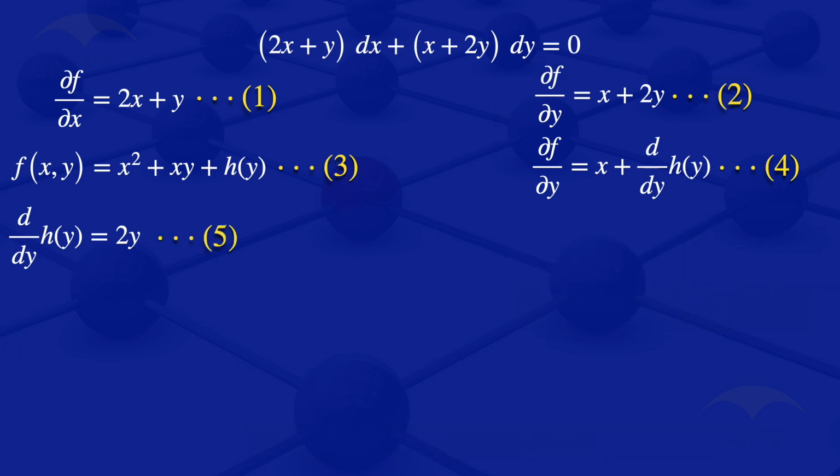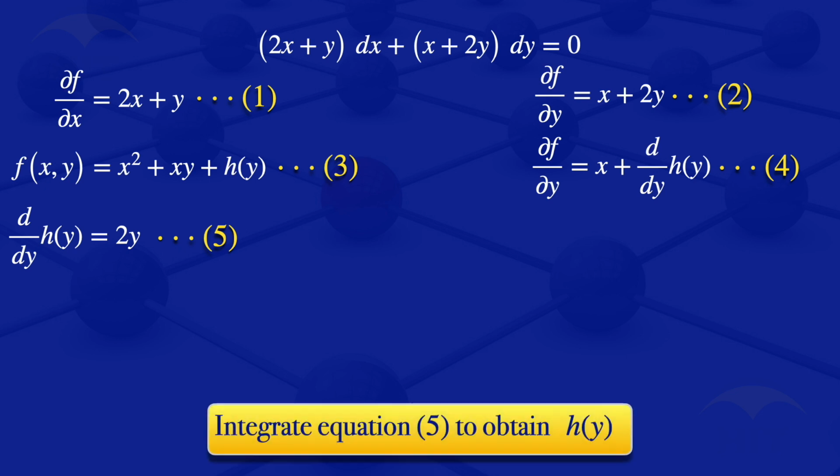We now go on and find the h of y. Find h of y when you have its derivative there. We just have to integrate equation 5 to obtain the h of y. So when we integrate there, the 2y with respect to y, it gives us a y squared. Then we would need to add a constant of integration, and I'll call that constant of integration C1. So we'd have h of y is equals to y squared plus C1, where the C1 is a real number,